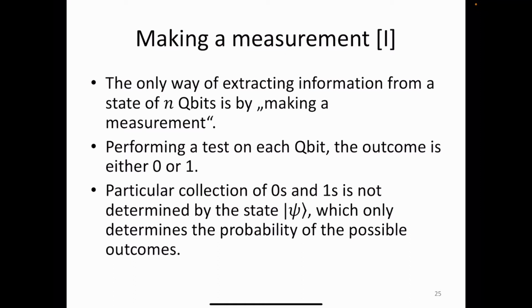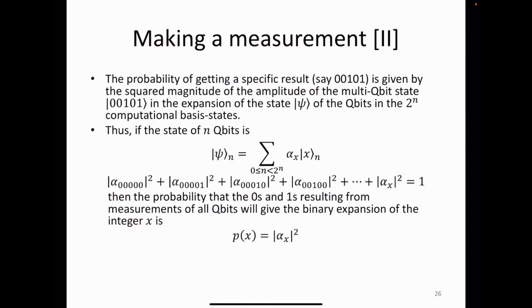And as we said, for a one qubit system, that's 0, 1; for 2 qubits, one of these 4 vectors; for 3 qubits, one of the 8 vectors, and so on. So the probability of getting a specific result, in that case we have this example 0, 0, 1, 0, 1 here, is given by the squared magnitude of the amplitude, as we remember from the previous lectures. So you have these complex numbers, you do the squared magnitude,